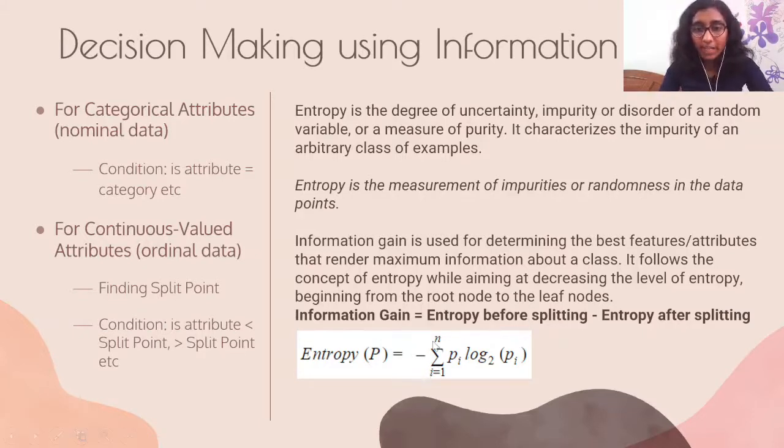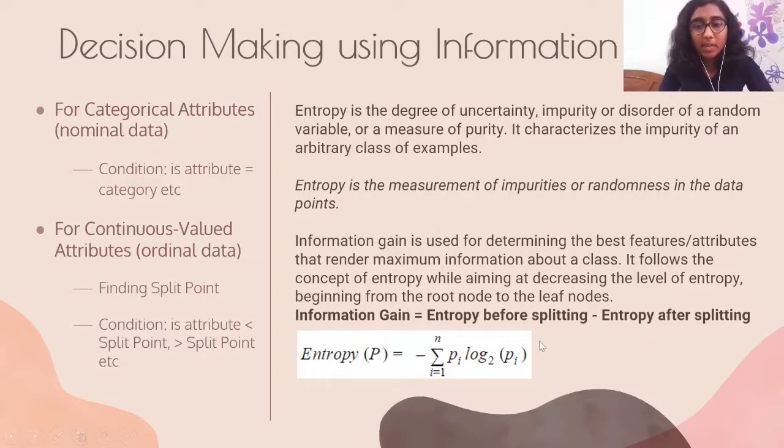The formula of entropy is this. P1 is the probability of the variable leading to a positive result, and log of the probability. This will be the entropy, and we find the information gain like this for all the attributes, and the attribute having the maximum information gain will be used as the root node. Once this attribute is found, again for the subtrees the same algorithm is applied.